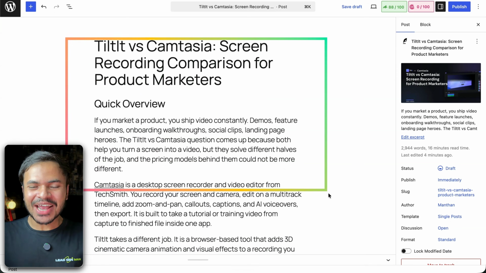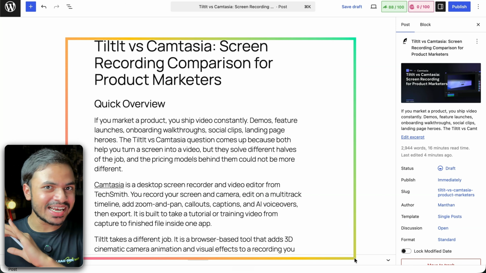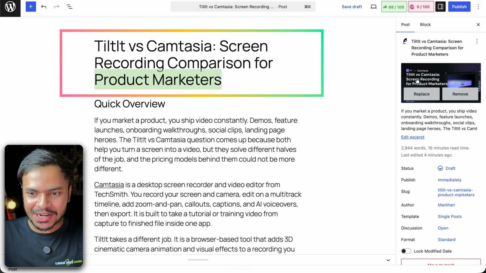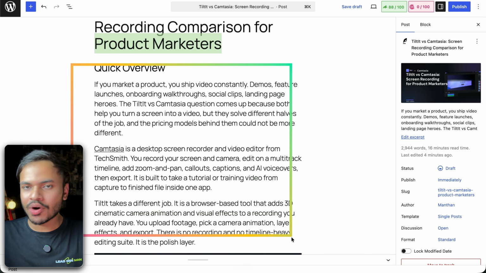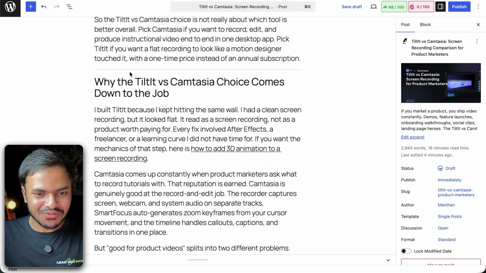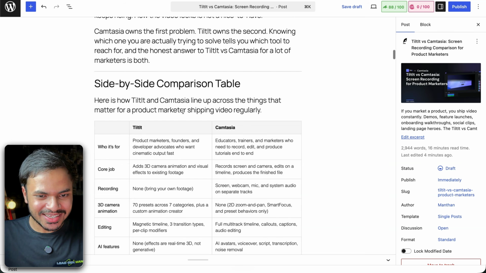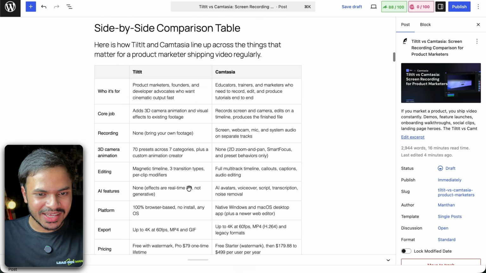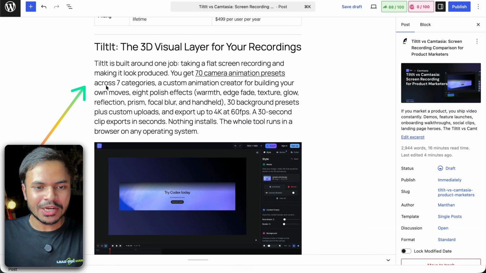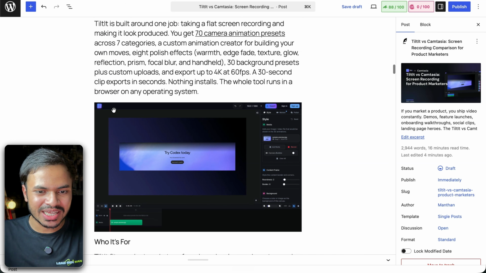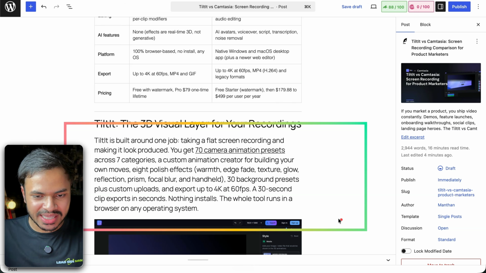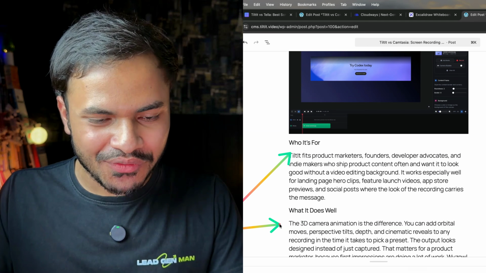Let's view it. And there you go, we have written an entire SEO optimized article end to end without our involvement whatsoever. Here we have our SEO title, this is our banner or feature image, then a quick overview of what we are going to talk about in this blog article. Then you can see our landing page screenshot, why TiltIt versus our competitor, then a side-by-side comparison table, and then introduction to our platform, why you need to use TiltIt and not the other product that we have mentioned. So it has used our editor screenshot, it has defined all the technical features that we have, who this product is for, how it performs,